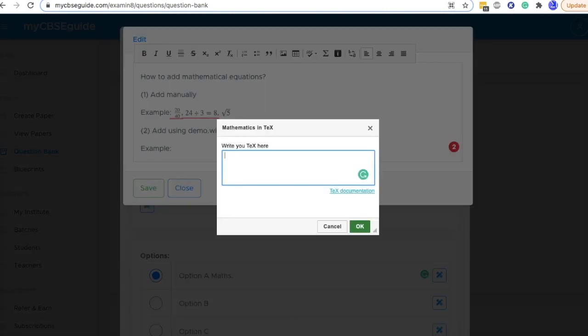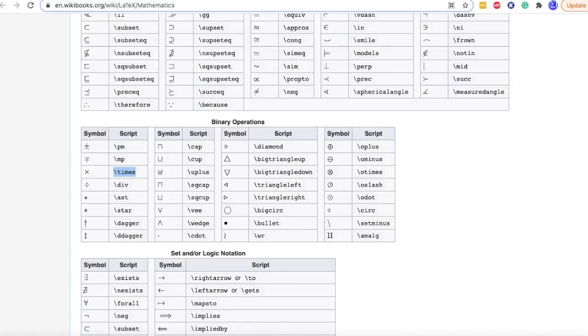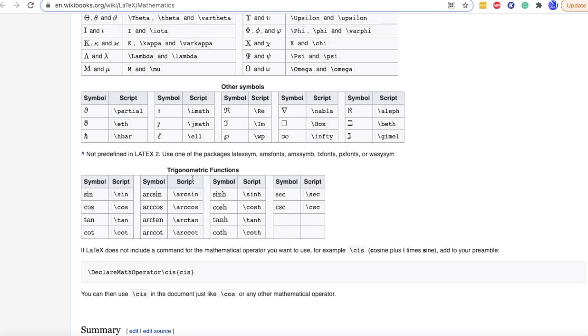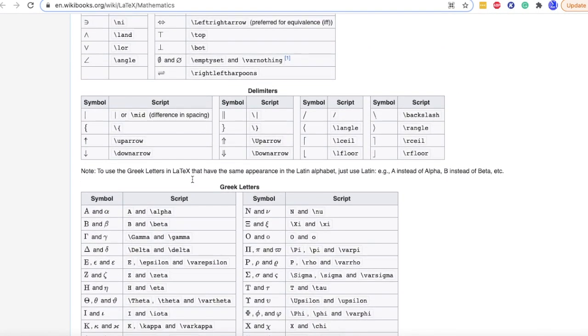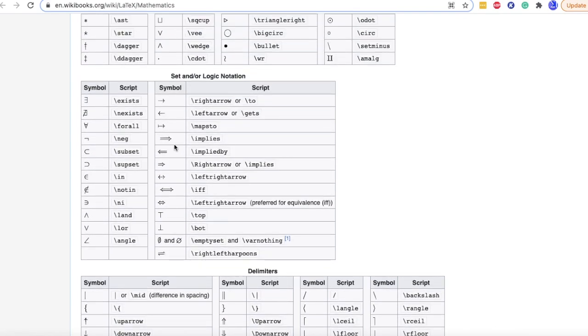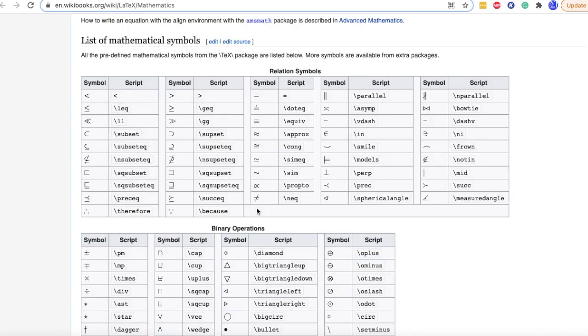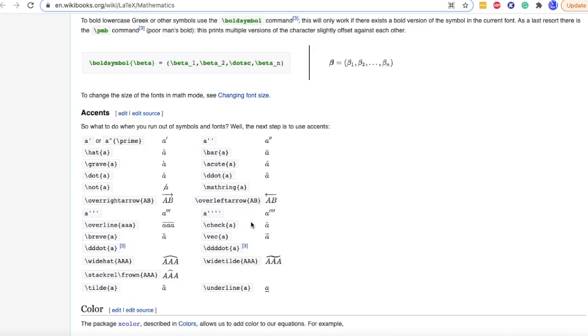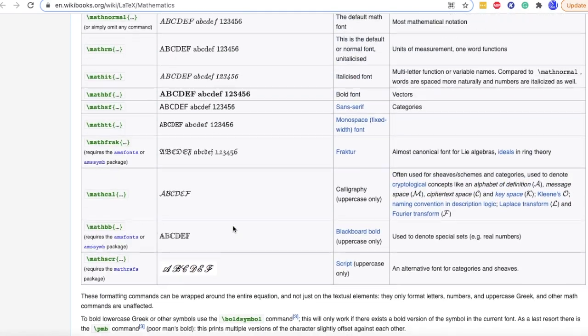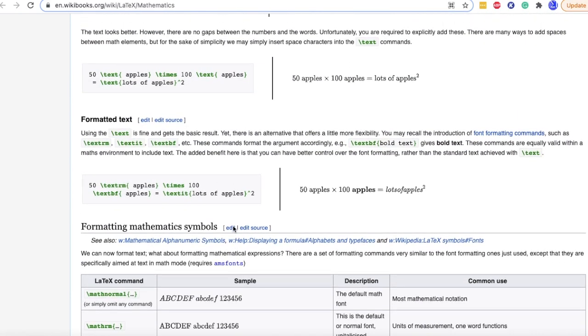It is not possible to learn all these shortcuts. So for this you can use this text documentation. Let me click it. It shows you all the mathematical symbols and their LaTeX format. For example, if you want to put this implies sign, you will write backslash implies. The same way, if you want to add not equal to, then for this sign, you will write backslash neq. There are a lot of other mathematical equations that you can create using these symbols and shortcut formulas.